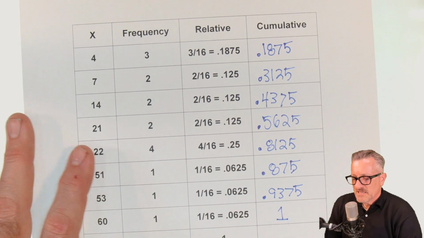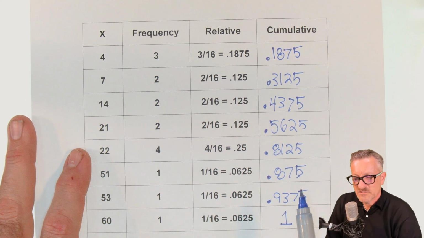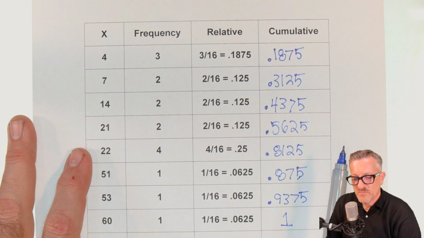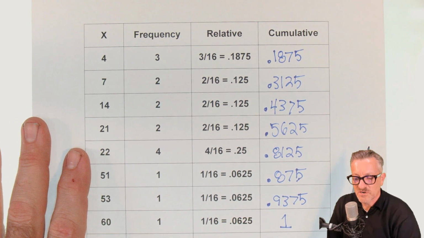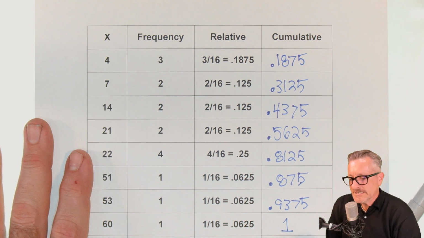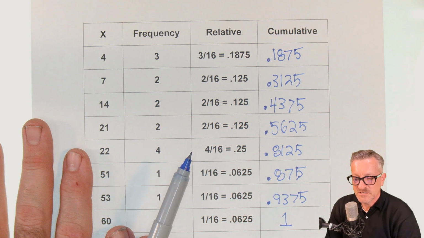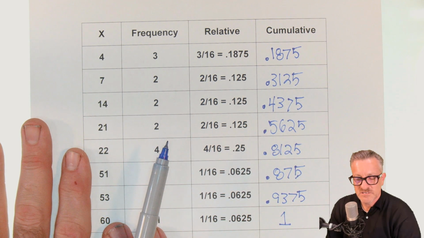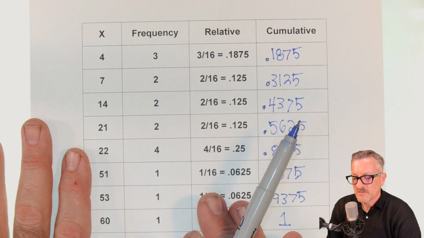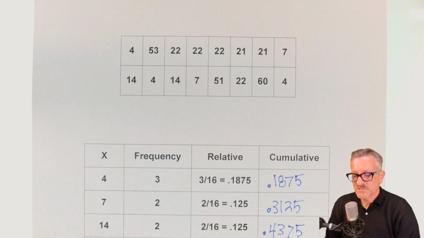That's it. Hopefully this all makes sense to you. One of the other videos to check out would be the grouped frequency distributions, which are quite a bit different. So essentially I went over how to do the frequency distribution in the first video, then the relative frequency distribution, and now the relative cumulative frequency distribution. I hope all of this made sense. Thank you.